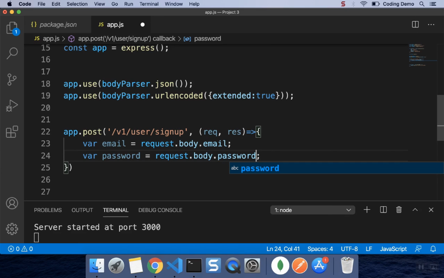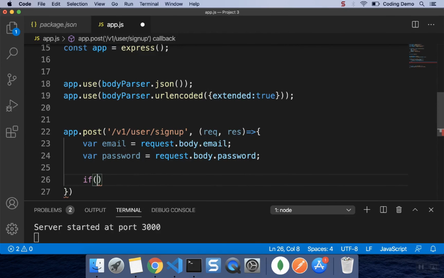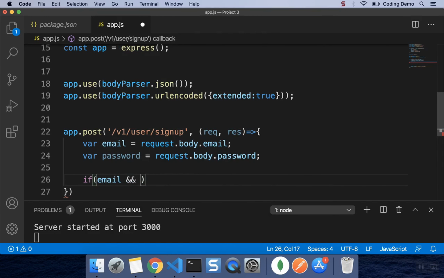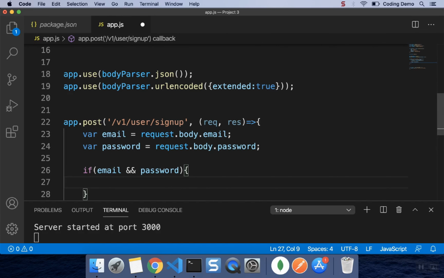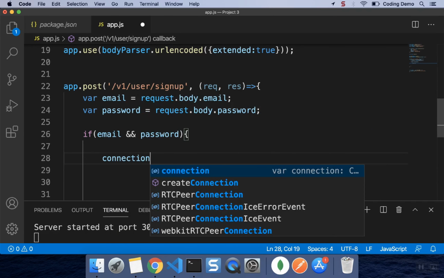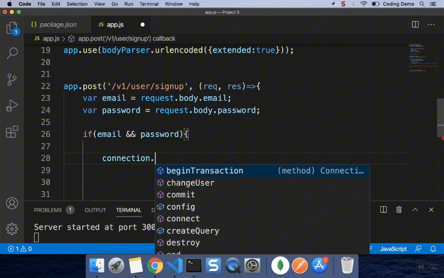All right, I need to make sure that both of these values come through. So I'll just add a check: if email and password are not empty, then we'll make sure that we use the connection string that we have and query into it